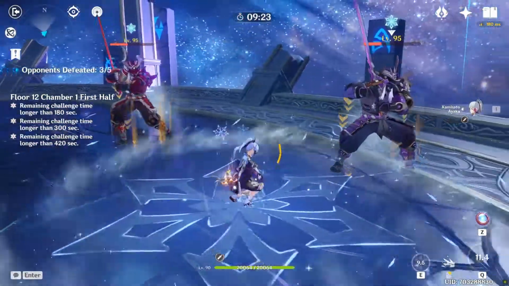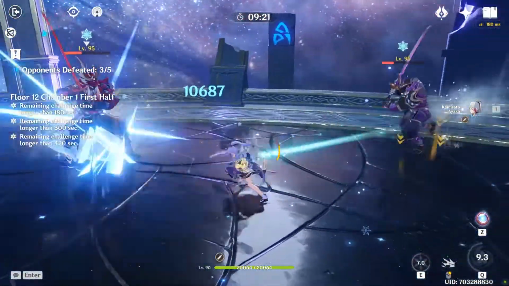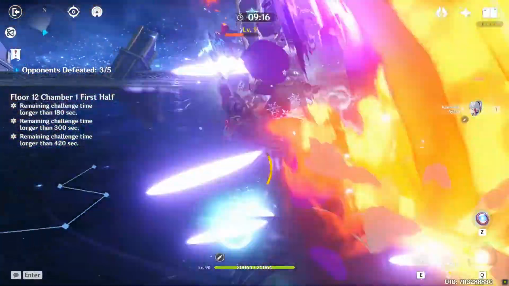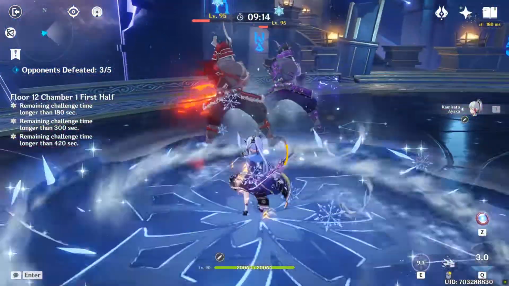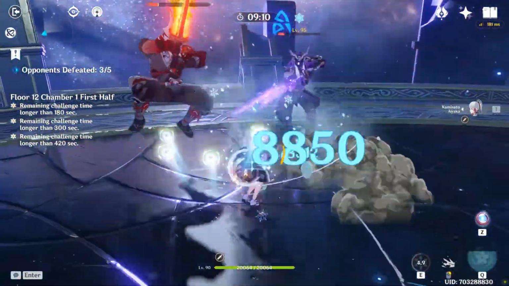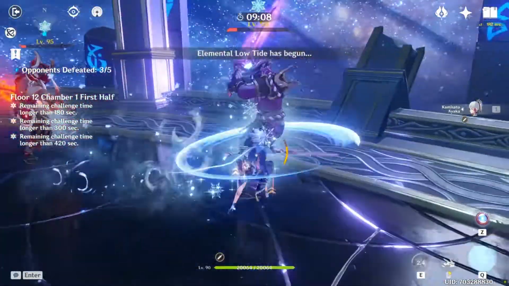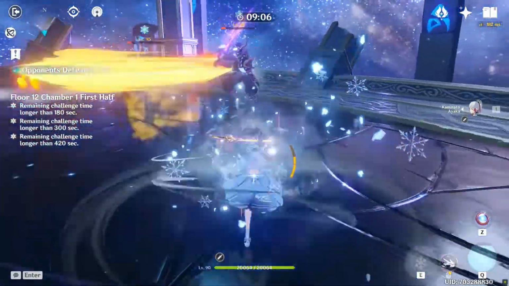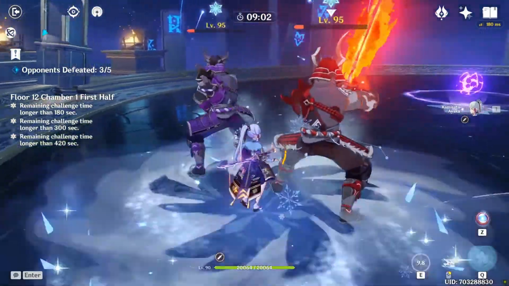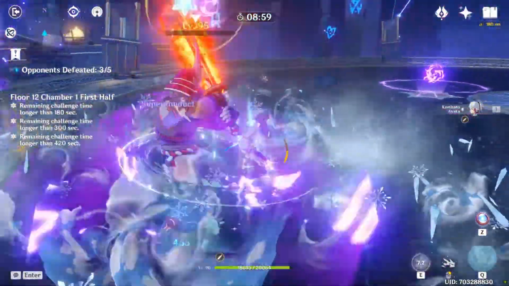I actually made a mistake here. I could have done more damage with my elemental burst by keeping them grouped up. What's important on this floor is you want to keep the guys grouped up, and you want to chip away at their health, especially now since they're low. You want to work on them one at a time, because if you kill the one and the other one still lives, then you might trigger sort of an overheal on the one, and then it'll just take more